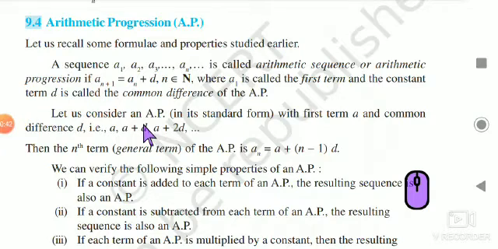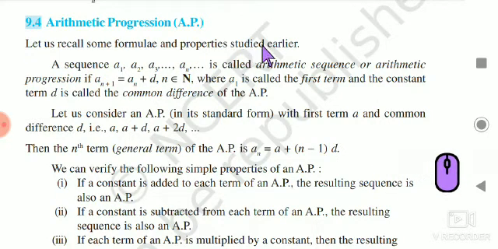Dear students, let me begin with arithmetic progression or AP. Let us recall some formulae and properties studied in earlier classes. Let me begin with the definition of an arithmetic progression. A sequence a1, a2, a3, and so on an is called an arithmetic sequence or arithmetic progression, if the n plus 1th term is given by the formula an plus d, where n is the set of natural